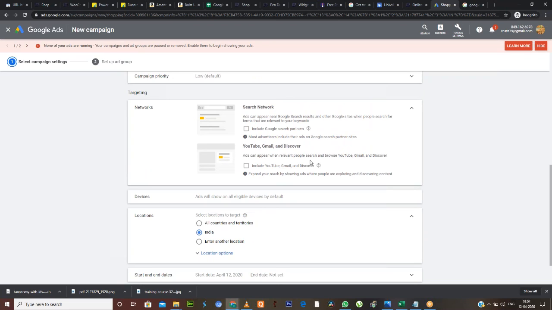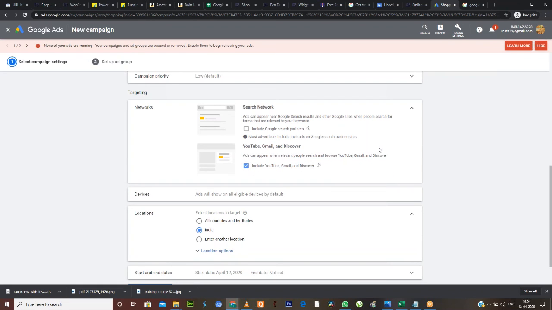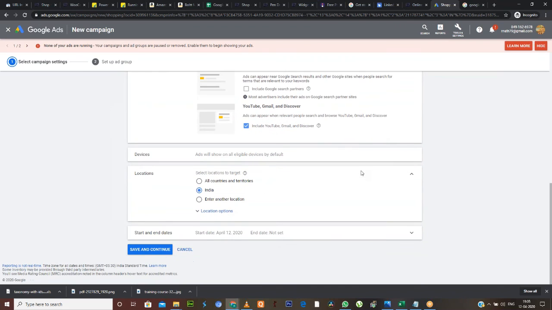So is it required? This is an image kind of ad, so yes, it is required. Now devices, by default it will take all. Location, India. Start and end date, you can set up. Then save and continue.